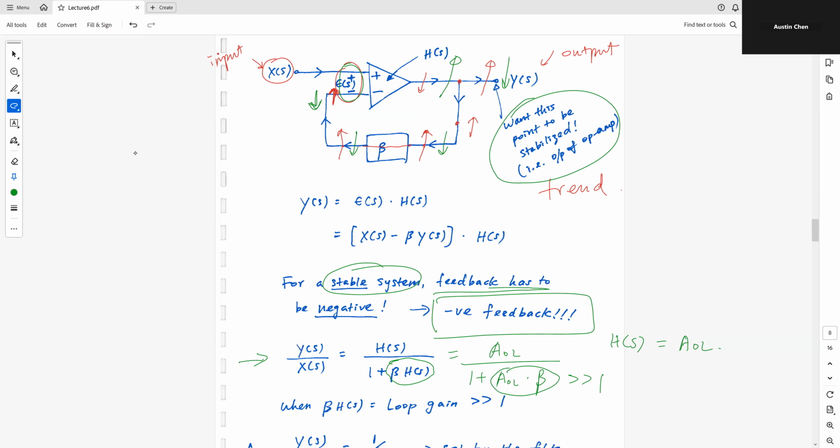Loop gain basically is the product of this block times this block, the gain of the op-amp times this beta. So if this product is much, much larger than 1, then I can make this mathematical simplification that